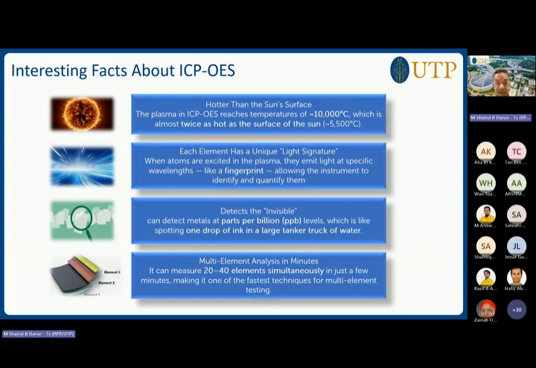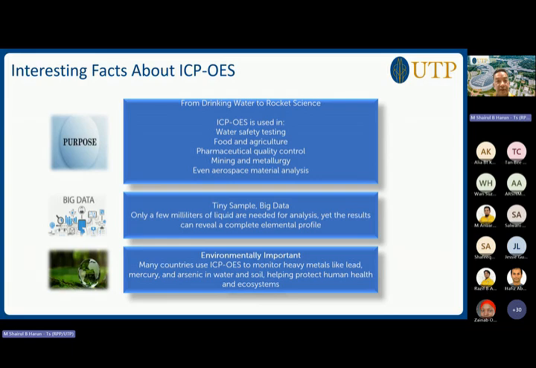And then multi-element analysis in minutes. It can measure about 20 to 40 elements simultaneously in just a few minutes, making it one of the fastest techniques for multi-element testing. The purpose: ICP-OES is used in water safety testing, food and agriculture, pharmaceutical quality control, mining and metallurgy, and also